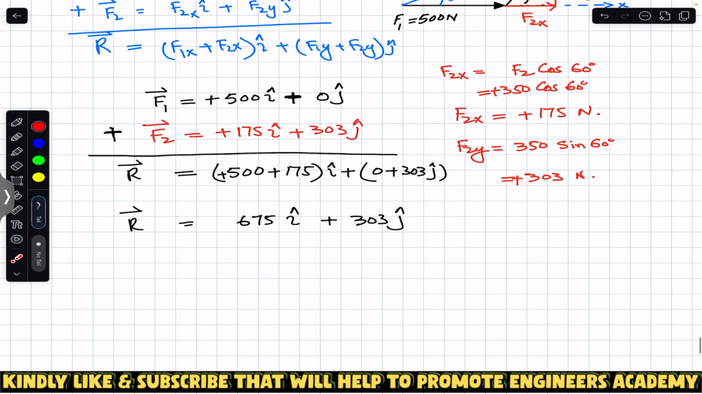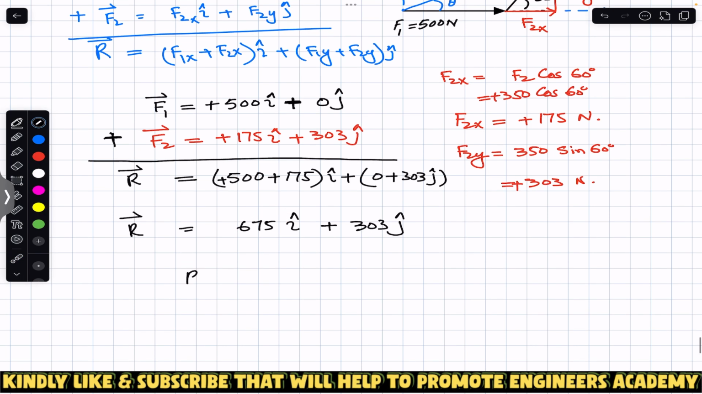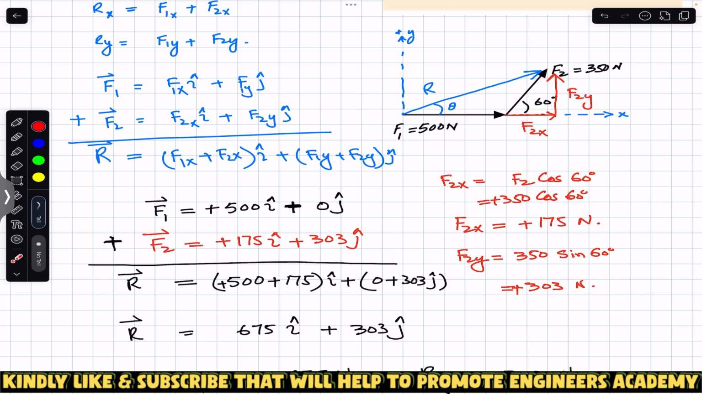So we can say this is our x. We can say that the scalar component of the resultant in the x is plus 675 Newton, and the scalar component of the resultant in the y is 303 Newton. Now here in the diagram you guys can see that the resultant will have our x component in this direction,